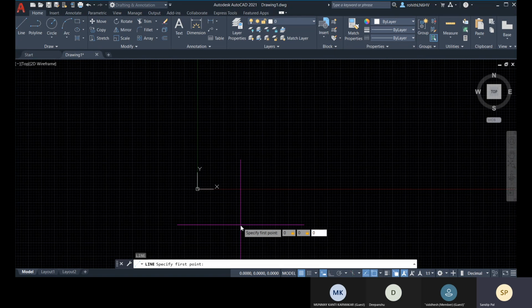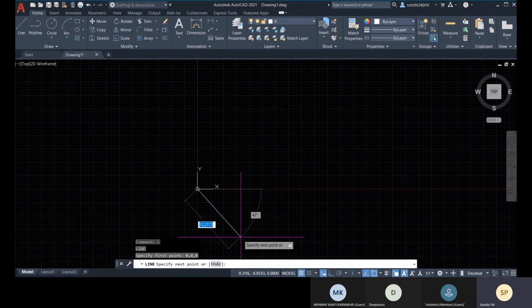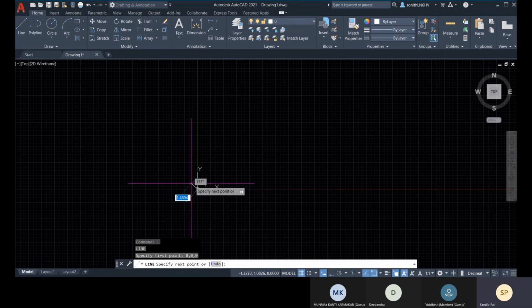Because I'm viewing from the top, my z axis is negligible right now, so I'm ignoring the z axis value. So 0, comma 0, press enter, and your line has been started at this point.